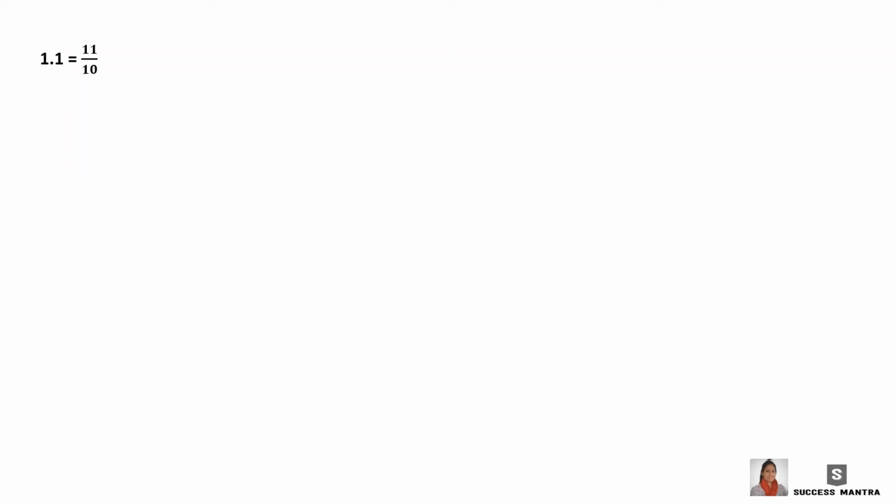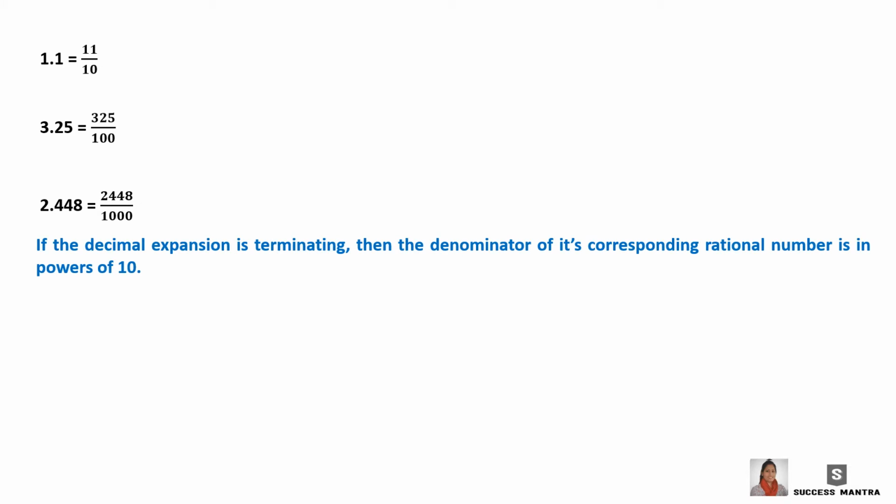Consider three numbers. 1.1 can be represented as 11 by 10, 3.25 can be represented as 325 divided by 100, 2.448 can be represented as 2448 divided by 1000. So what we have observed from these three representations is that if the decimal expansion is terminating, then the denominator of the corresponding rational number can be expressed as the powers of 10. That is 1.1 as 11 by 10, 3.25 as 325 divided by 10 square,